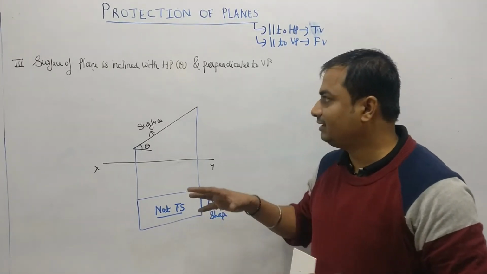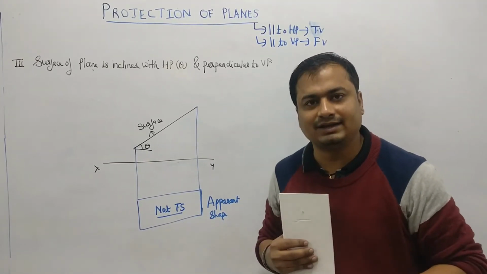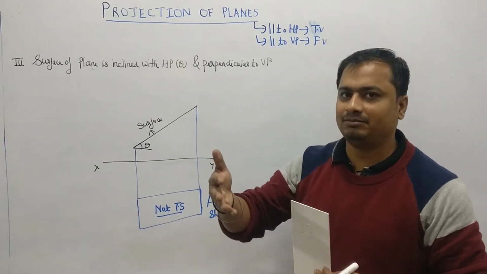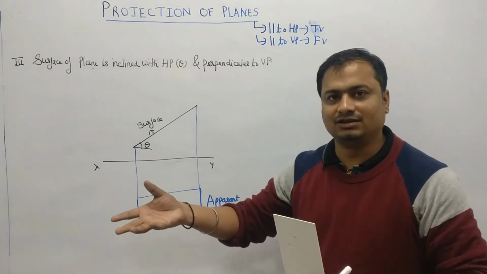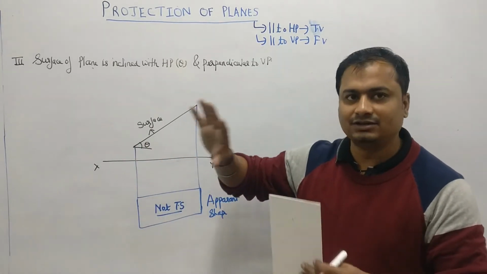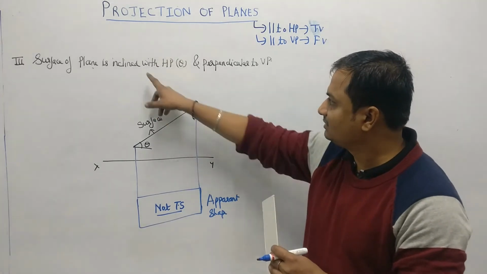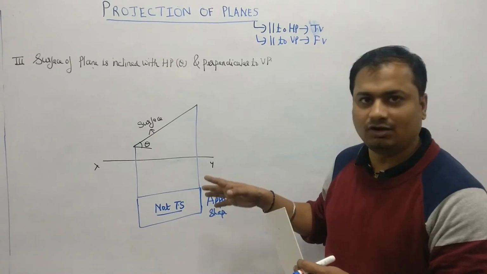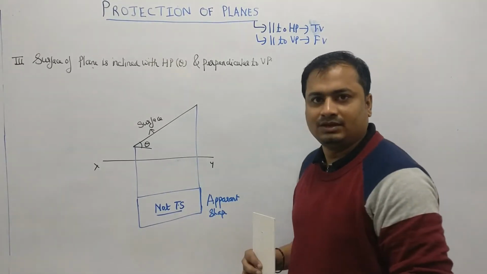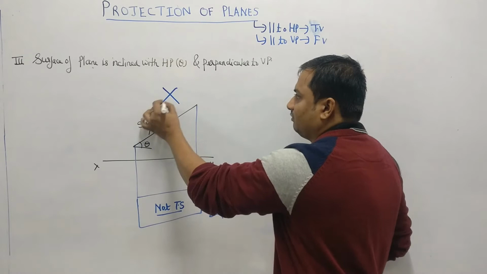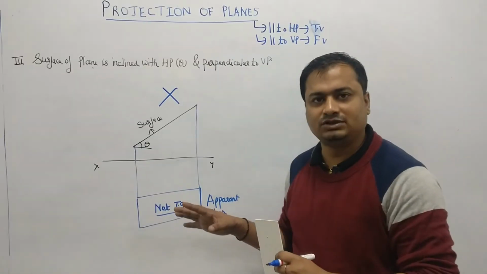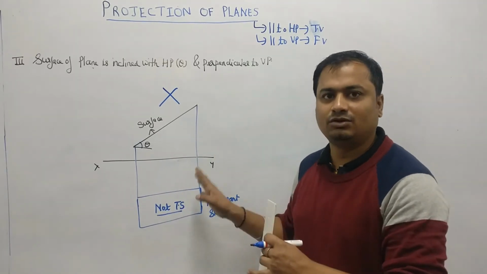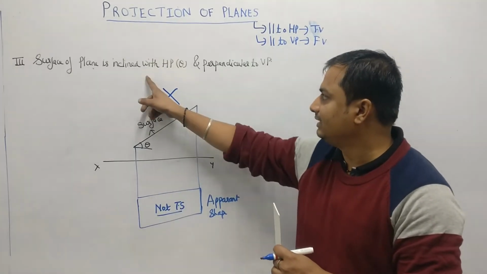But the data which we will be provided about this rectangle is that the rectangle is 10 by 8 or something, the length and the width. That is the true shape, the true data. But while projecting this inclined with the HP, we will not be getting this true. So we can't solve this problem in one step. This is not the procedure of solving this problem, that the surface got inclined and the top view will be short.